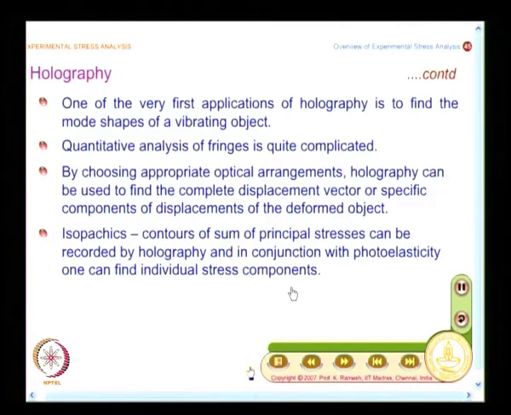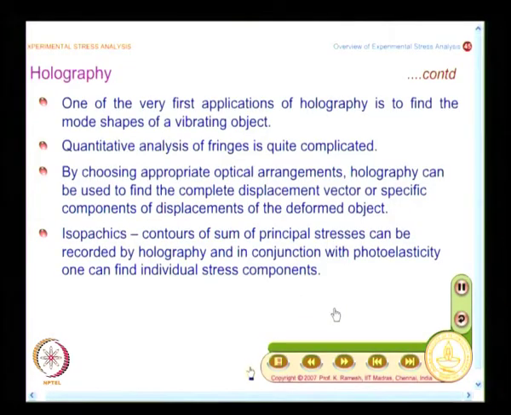I get sigma 1 minus sigma 2 from photoelasticity, I combine these two and get sigma 1 and sigma 2 separately. But the basic question here is, do you require individual stress components for the problem on hand? If you require it, then go to the circus, because holography is not a simple exercise. Any interferometric technique is not a simple exercise. This is where I also showed you the picture of Athena, goddess of wisdom. You should be wise enough to tackle your problem, not blindly use one technique, another technique, collect volume of information and do not know what to do with it. So, this is where wisdom is required.